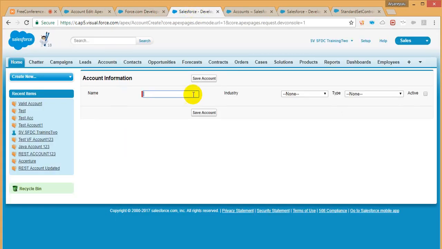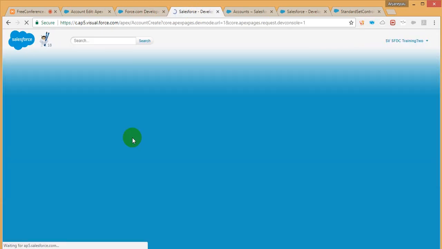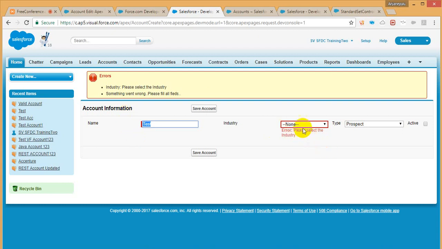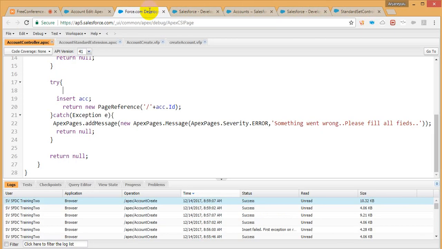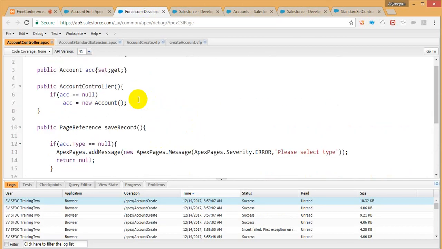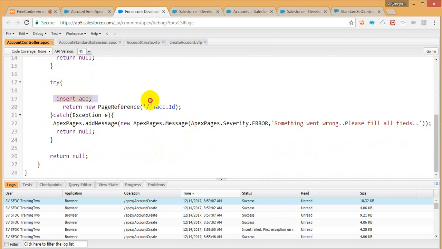Now here, when I use that, click save. So here it's showing the please select the industry validation rule. How is the validation rule showing here? Did we remove that or not? So if you use the try catch,